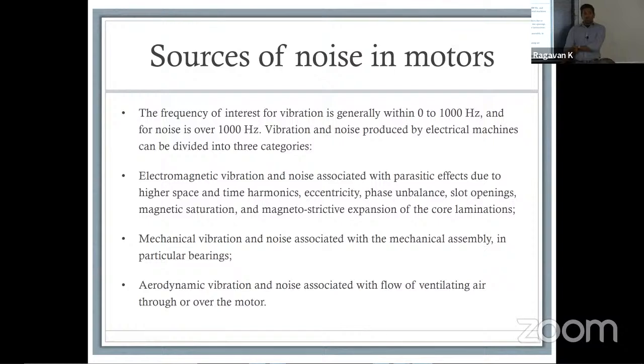The electromagnetic noise oftentimes comes from parasitics. You can get it from space harmonics and also from eccentricity. So if you have a phase unbalance, with one of the phases going out, eccentricity in your bearings, or a shaft that gets deformed, all of that can cause a rumble, a groan, a drone, you name it, something of that nature. Essentially it causes a magnetostrictive expansion of the core lamination. When that happens, the air waves move, creating compression and decompression, and that causes the sound to be propagated.